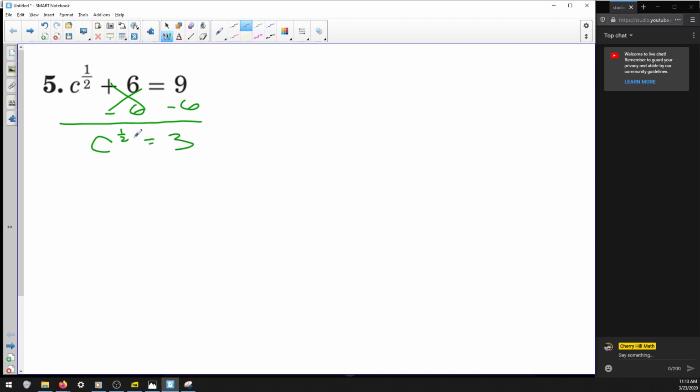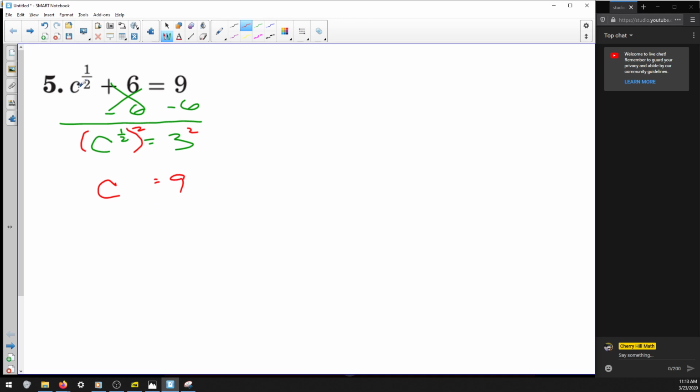So that's my start, okay? And now I'm in the situation where the variable with the exponent is alone, and so that means that I'm going to square, right? And that, again, that 1/2 times 2 is just c to the first, okay? And that just means I need to square on the other side, and that's going to make it a 9, okay? Same idea with extraneous solutions here, but if I check a 9, 9 to the 1/2 is just the